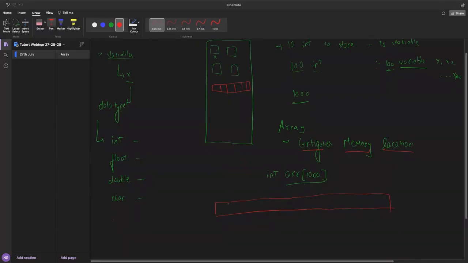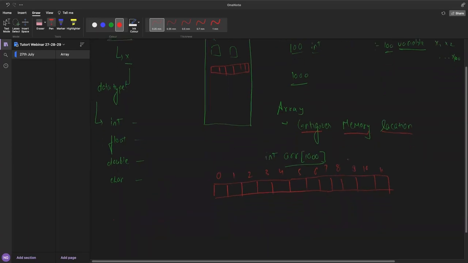So how will it be defined? These are a part of memory. This is the first. All the indexing in the array happens from 0: 0, 1, 2, 3, 4, 5, 6, 7, 8, 9, 10, and 11, like that, and goes on, depending on how much you have defined. Now, this is hypothetical indexing, but let's suppose the address is like this, 123, then it becomes 124, 125. So they are all adjacent to each other.